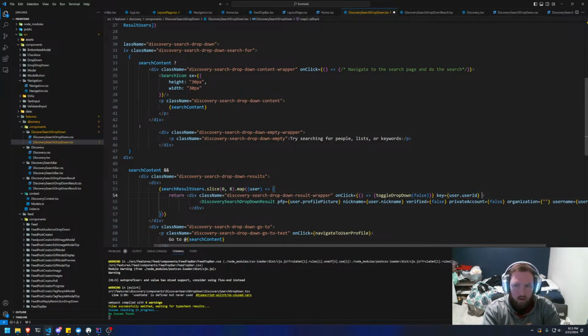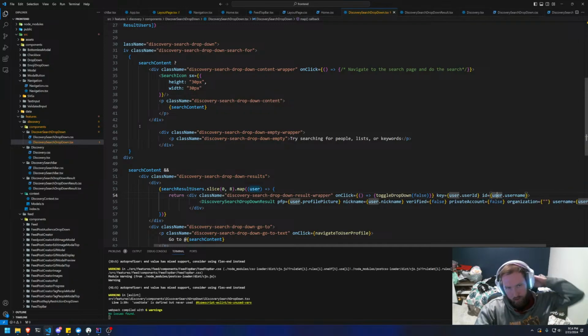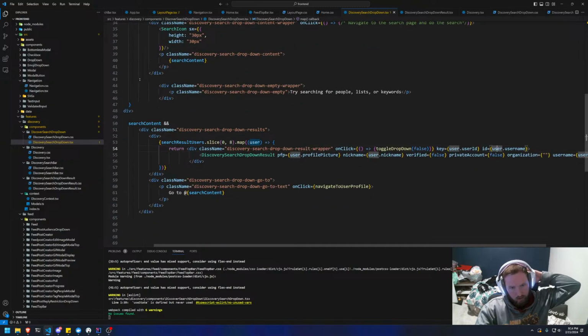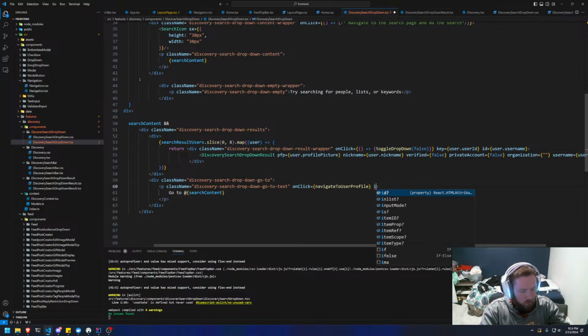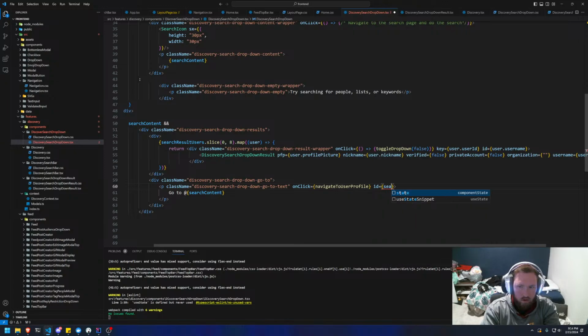And we could also say that the ID is equal to user.username. And what we could do instead is we have the E, and this one here, the ID. One moment, guys. Let me write this really quick. ID equal to, and this one will also be search